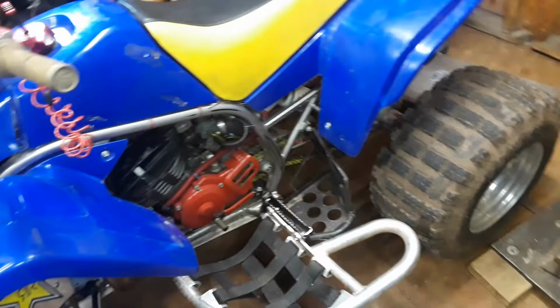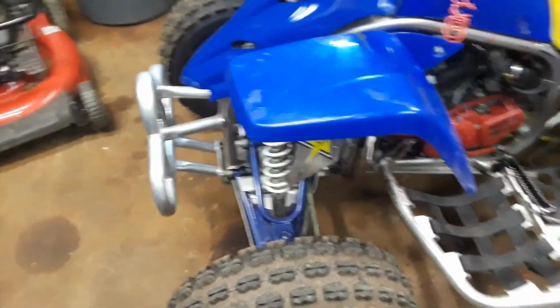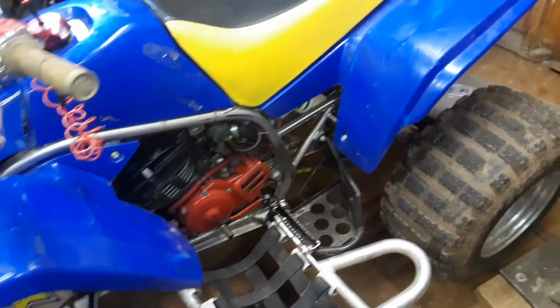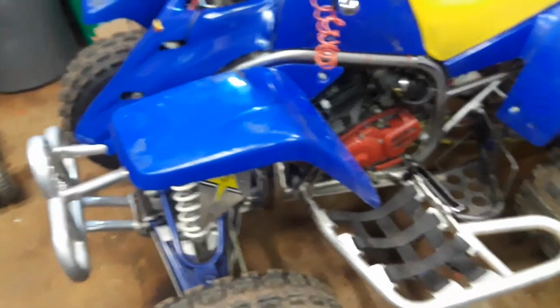So in the future I might get an extended axle and then probably better A-arms with my Elka suspension. The stock swing arm's fine because I like the length of it, but yeah, in the future I might widen it a little bit. Other than that, just got a cheapo universal lever